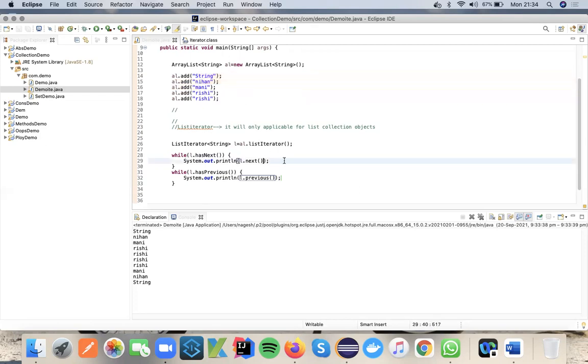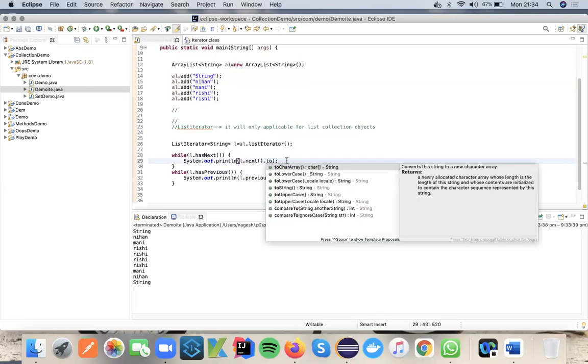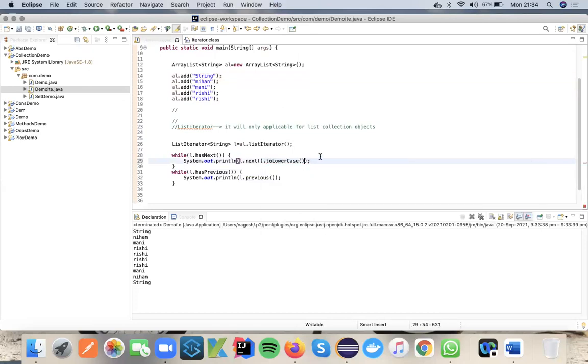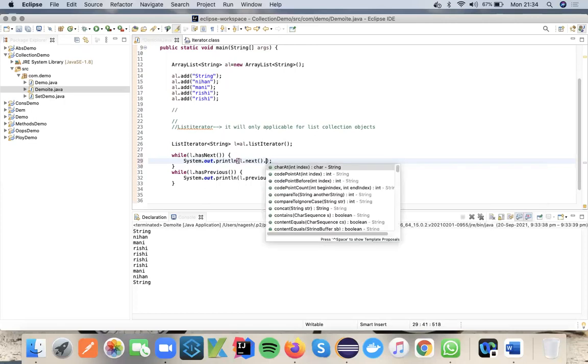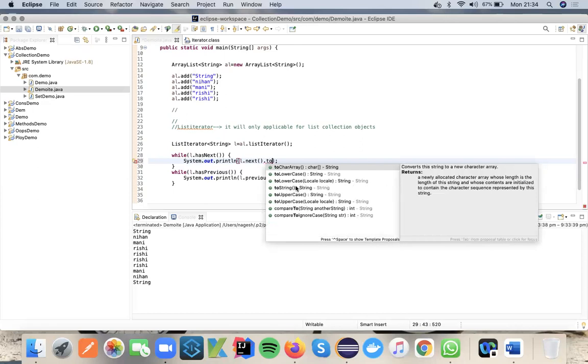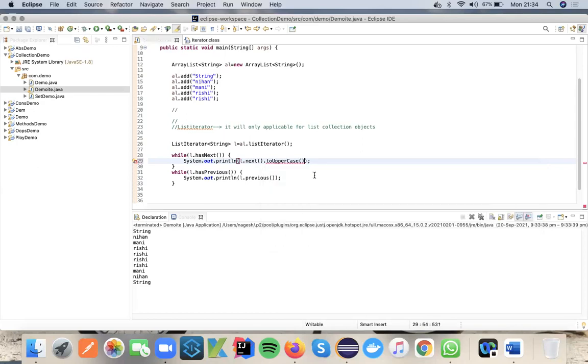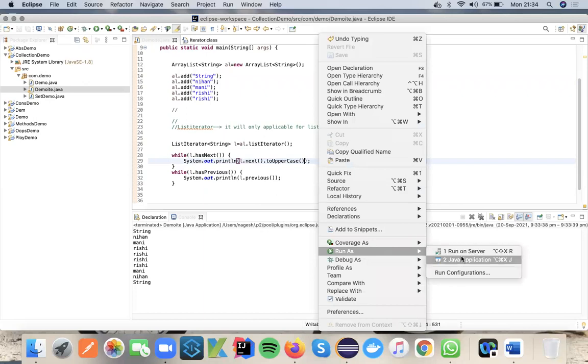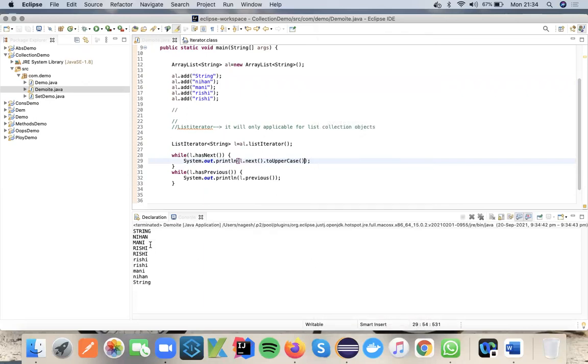You can use toUpperCase, toLowerCase, or charAt(i), anything you can perform. So it will print the uppercase values. Here I'm just printing for the time being, but you can perform any manipulation if you want to.